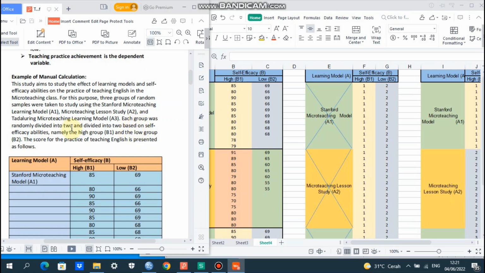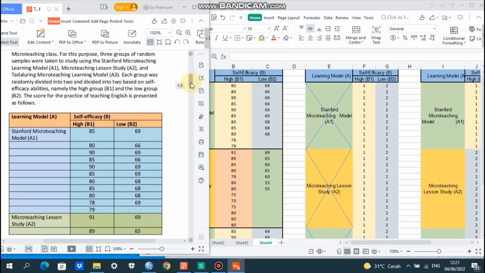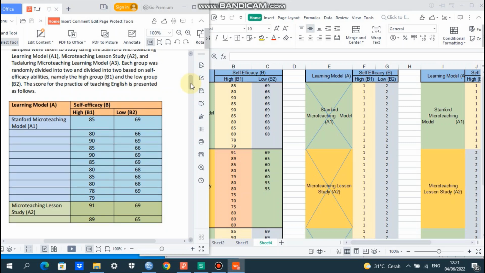Each group was randomly divided into two based on self-efficacy abilities. Namely, the high self-efficacy group, B1, and the low self-efficacy group, B2, which belong to the self-efficacy abilities factor.